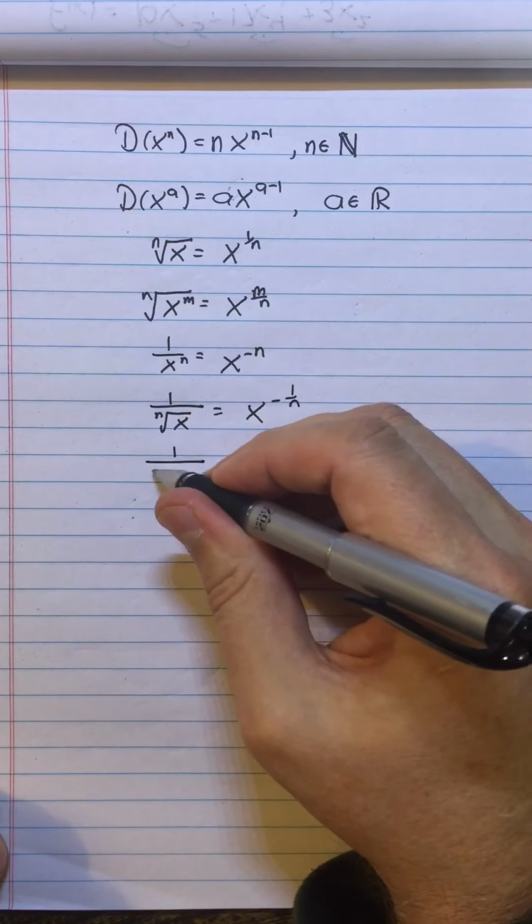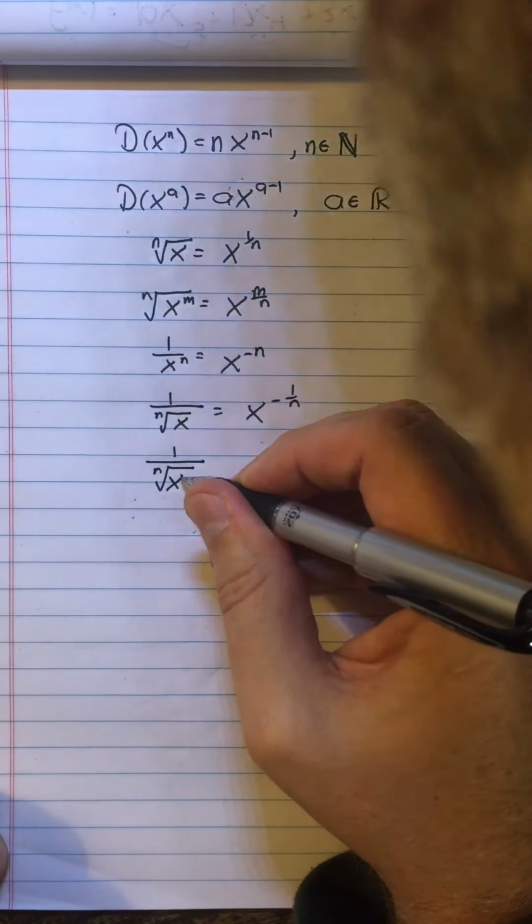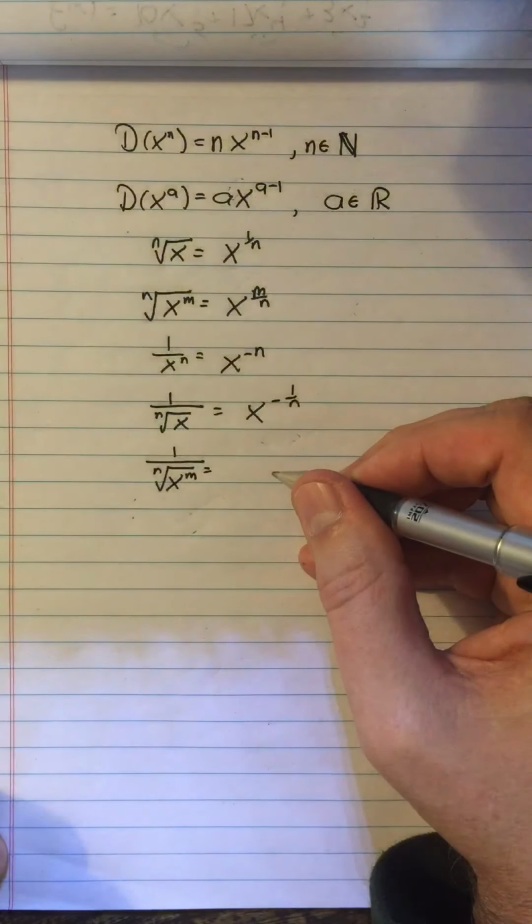And 1 over the nth root of x to the m can be written as, Gertie,